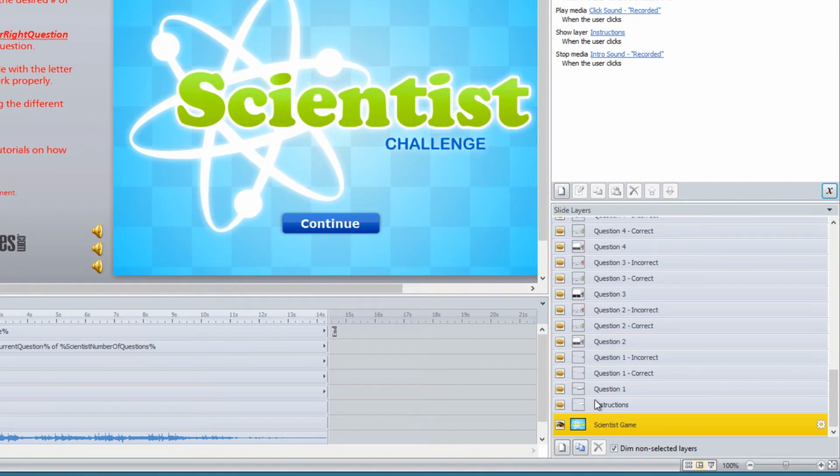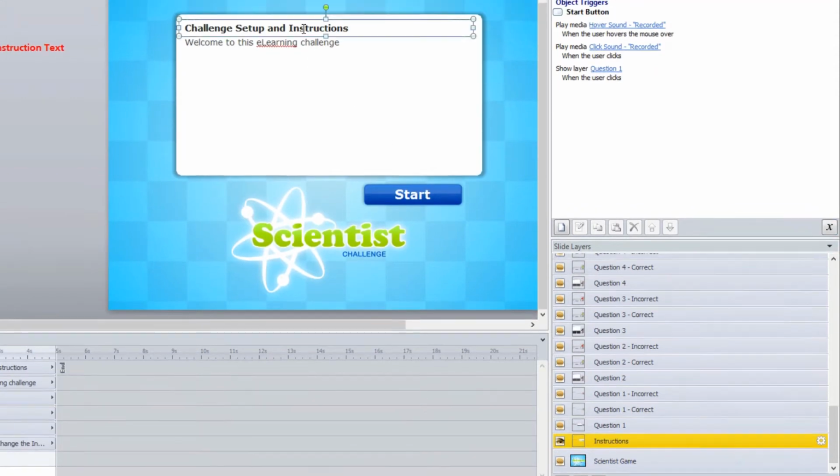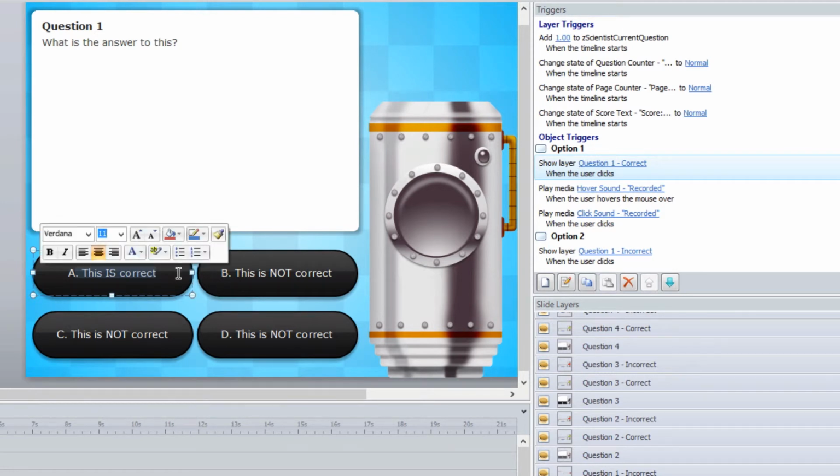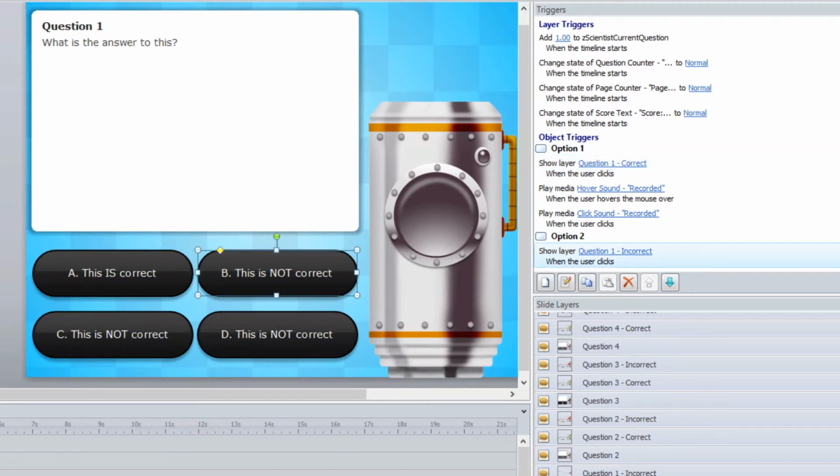Like any of the other Storyline interactions, you then just go through working from the layer down at the bottom to the top layer. You can type in your instructions, the header, you can add images, you can fill out the different questions, the text, add images here in this white area, go through the different possible choices, or type out the different possible choices there. Now, one thing you do have to do is if you decide that option A is not going to be the correct answer and option B is going to be the correct answer, then you need to switch that within